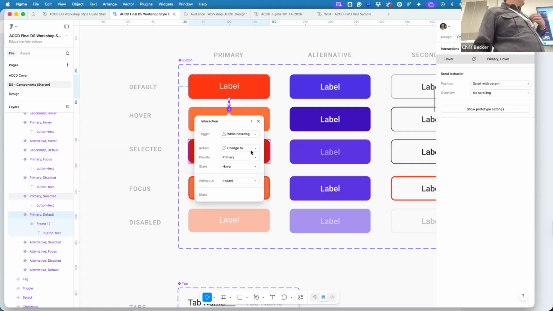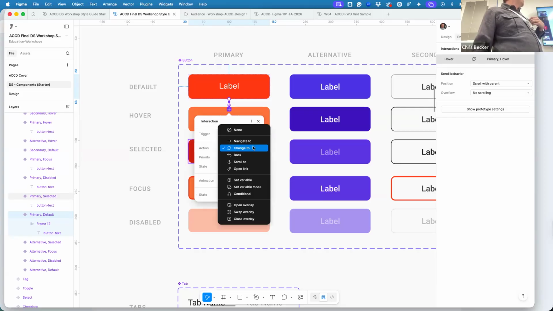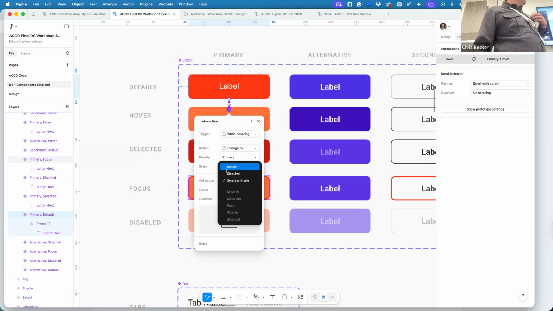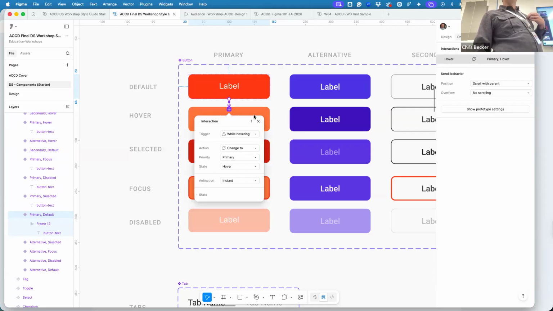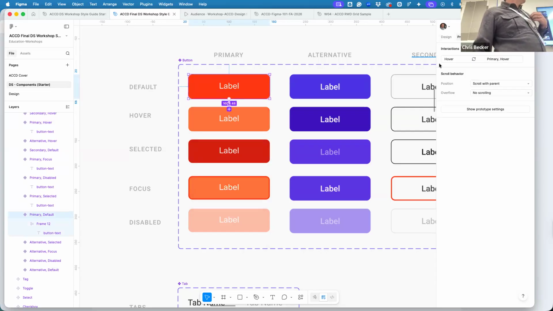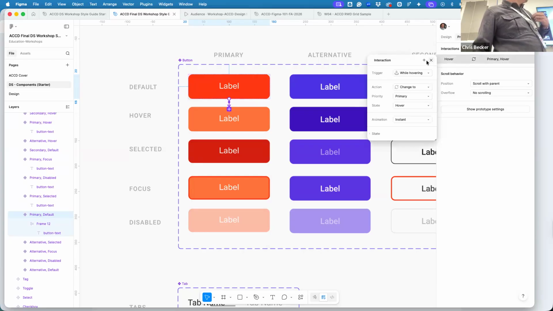But well, hover. I don't know why it's this round. But you then change to this, the state. You can have it dissolve and you have smart animate. But this is essentially prototyping this into the state. Similarly, I can also prototype this as a